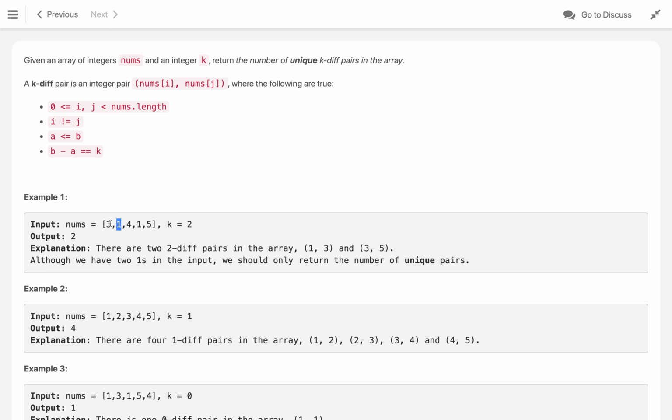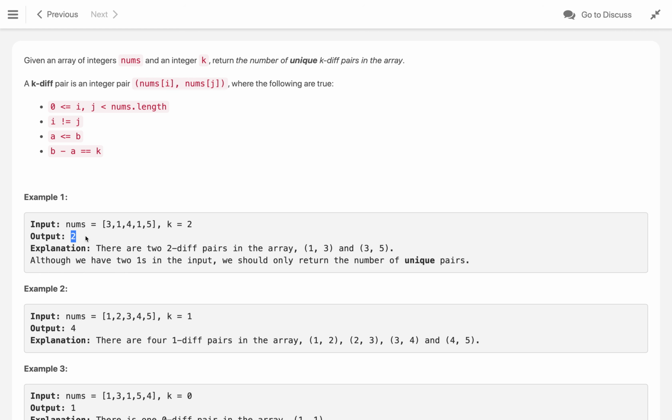We can get two pairs like 3 1 and 3 1 again, but we don't have to take the duplicates, and also 1 3 is the same as 3 1. So we have to only take the unique diff pairs. All of these will count only once, and similarly 3 5 and 5 3 count as 1. So 1 plus 1 is 2.